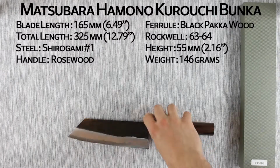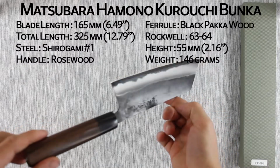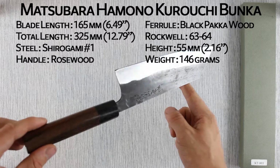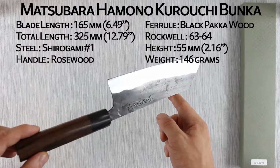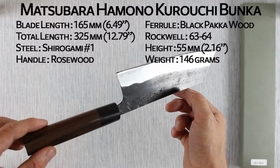We're taking a look at the 165mm Bunka from Matsubara Hamono, made from shirogami or white #1 carbon steel with an iron cladding over top of that. So these are going to be some of the more difficult knives to maintain in the shop, but